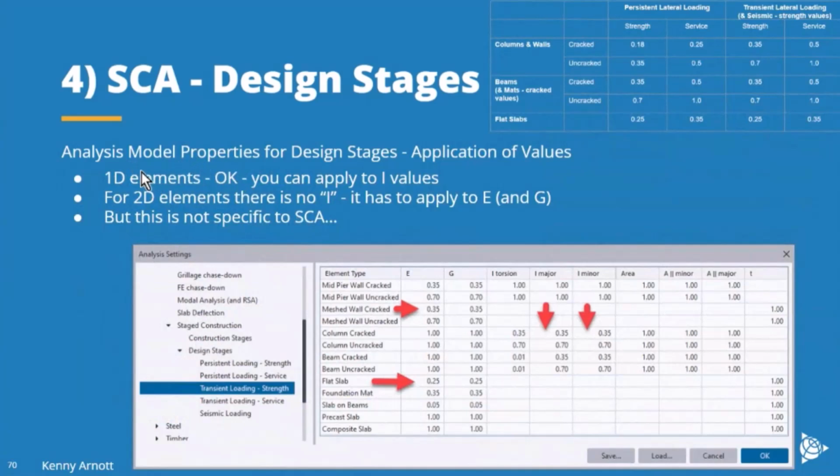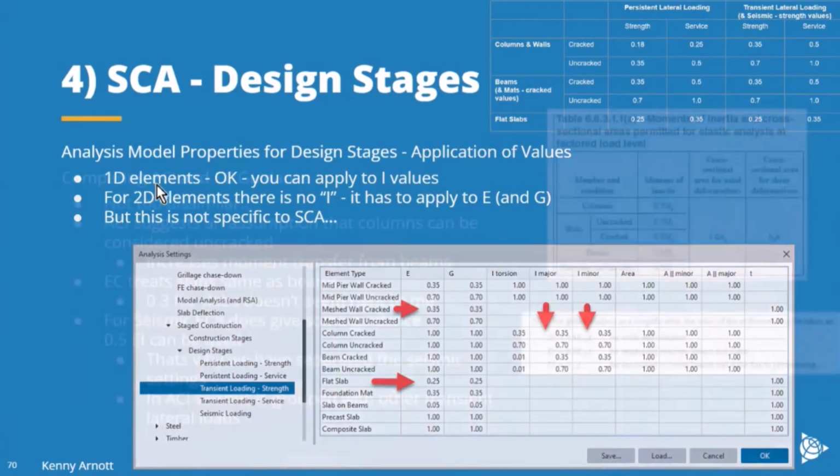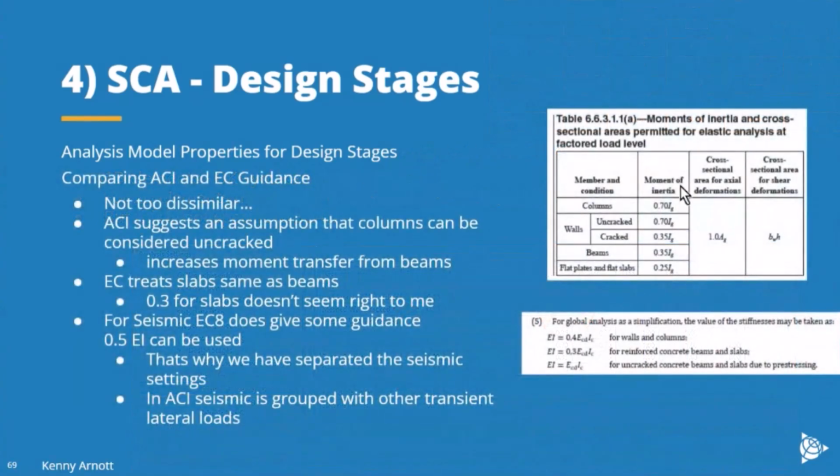In terms of applying these values, if I just go back to that slide, one difference is here, and again, the ACI has been around for a long time. It's not changed for a long time. There are new versions of it every few years, but this table has been very static. So it talks always about adjusting only the I value, not adjusting A. Whereas here in the Eurocode, we've got the EI being adjusted.